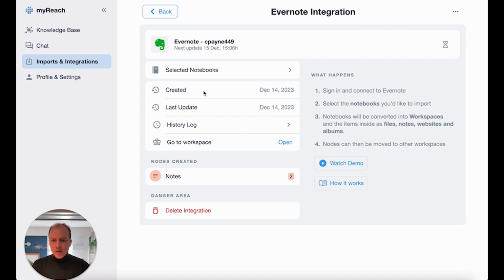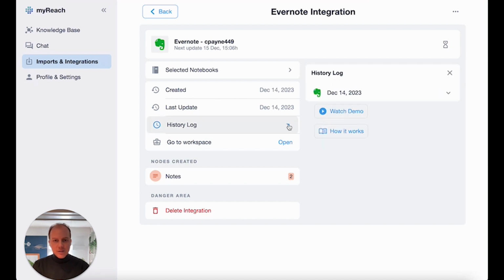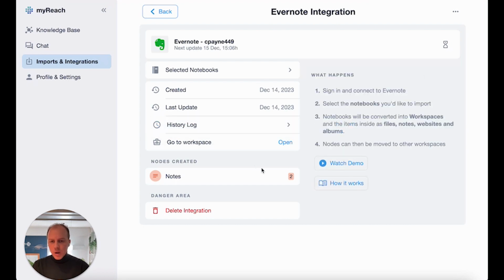And like other integrations, you have here some details about when it was created, the integration, last updated, the history logs as to what was created and when, the total amount of items that have been created, and similar to others, if you delete the integration, it will delete that workspace and move all of the items that are unique to that workspace into your unassigned. So this is a brief overview of